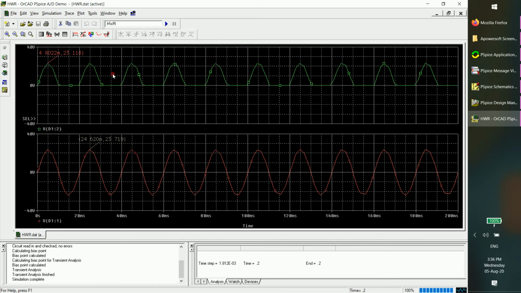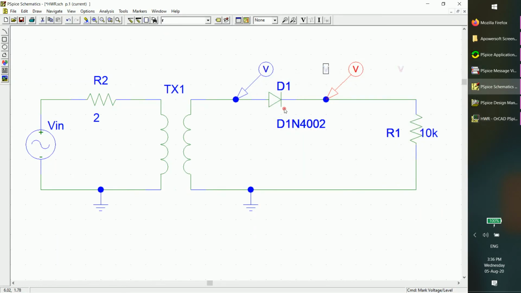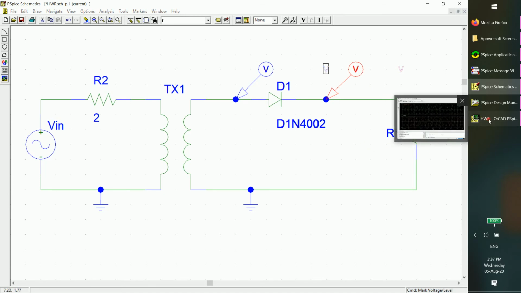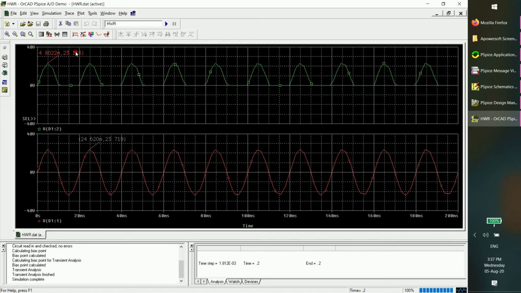Okay, so the discussion is here. Just see the drop, 23.118, 23.719. So approximately it is 0.6 volt drop. The reason is we have a diode between the load and the secondary of the transformer. So that's the reason we have a drop here, 0.6 volt drop. You know that a diode conducts if the input voltage is over 0.6. Otherwise, see, the drop across the diode D1 is 0.6 volt, and the remaining drop is across this 10k resistor. Okay, that's the reason we have 23.118 here. Here you have 23.719.